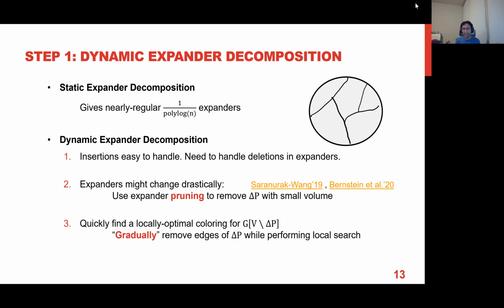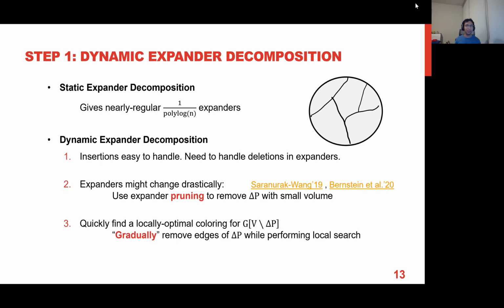In particular, after i insertions or deletions, only a linear in i number of vertices will have had their edges changed. So it's not that the expanders are changing drastically. However, we are still not done, because although the expander graph might be slowly changing, the local optimum for the discrepancy could have changed drastically. Notice that we also need to find a solution for the new expanders that we are constructing. That could have changed drastically, but using a gradual removal of these pruned edges,